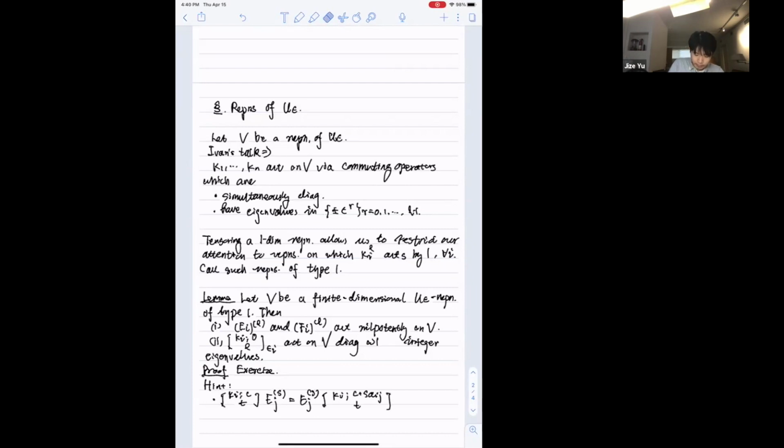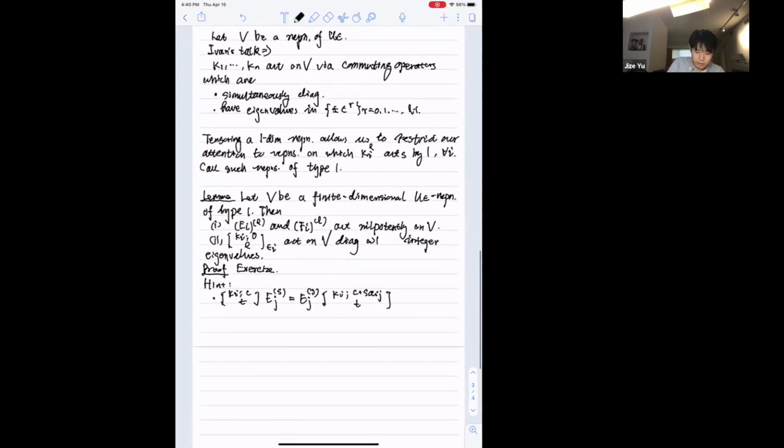and another identity we will use is this relation for the divided power of F_j. So this equals F_j divided power s, and we have K_i, c minus s a_ij choose t. And we will also need a relation which allows us to compute E_i divided power r times F_j